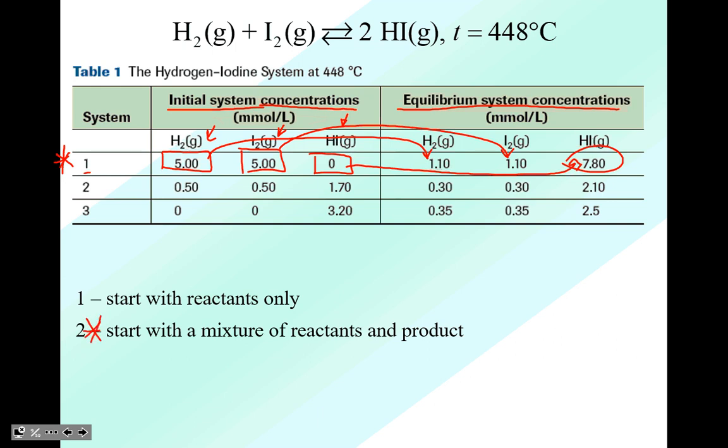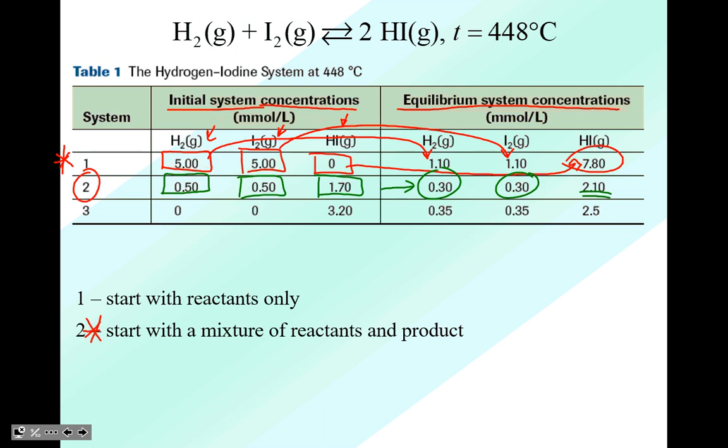In this case, number 2, to start off we have 0.50 millimoles per liter of hydrogen, 0.50 millimoles per liter of your iodine, and already you start off with 1.70 millimoles of the product. At equilibrium, it still shifts. So in this case, it still decreases and increases, okay? And if you take a look